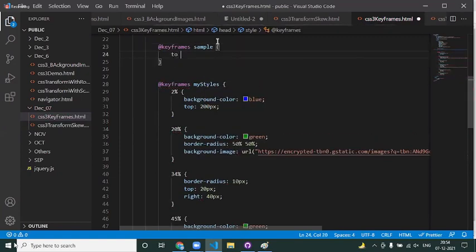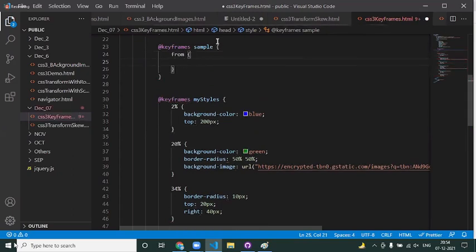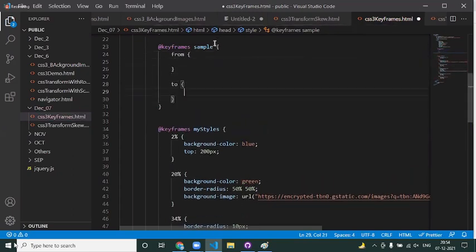Under that, you can specify from, and you can specify only two things: where to start and what the look and feel is when it is starting, and what the look and feel is when it is ending. Only these two things you can specify, or you can even specify the percentages. So these are the two ways of defining a keyframe. Okay, clear everyone? Yes, sir.